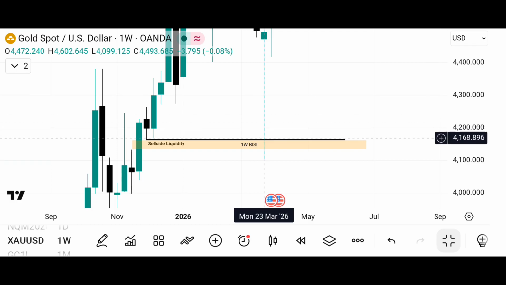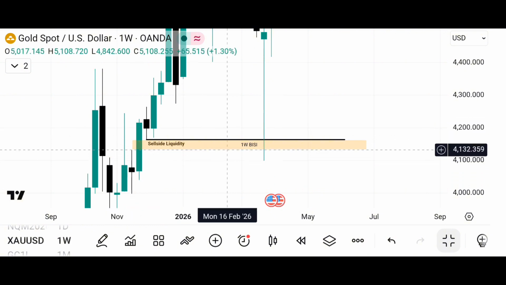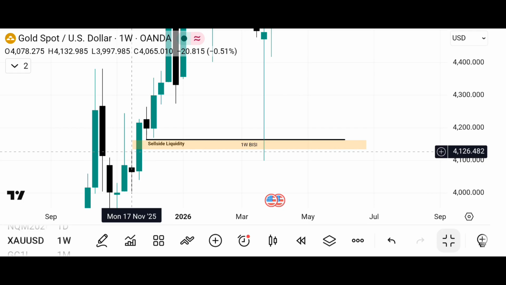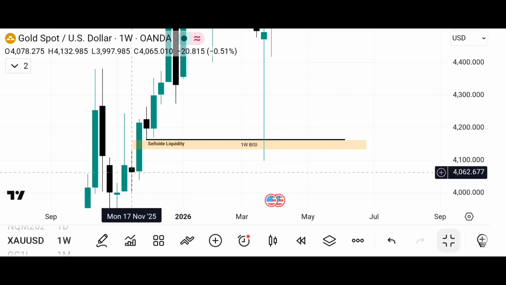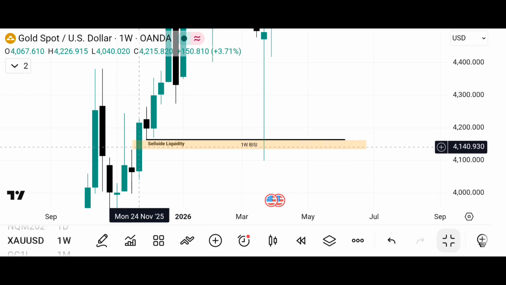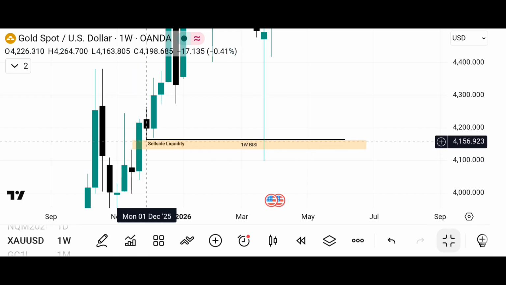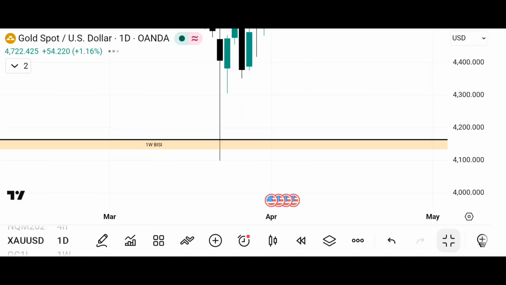And why did price trade down into this level? This is another block on the weekly. Actually, a down close candle followed by this up close candle. So this down close candle is a bullish order block, and price trades into it. It didn't trade into the body, though, just the wick, and it trades into this BC, this inefficiency on the weekly. And if we go to the daily,